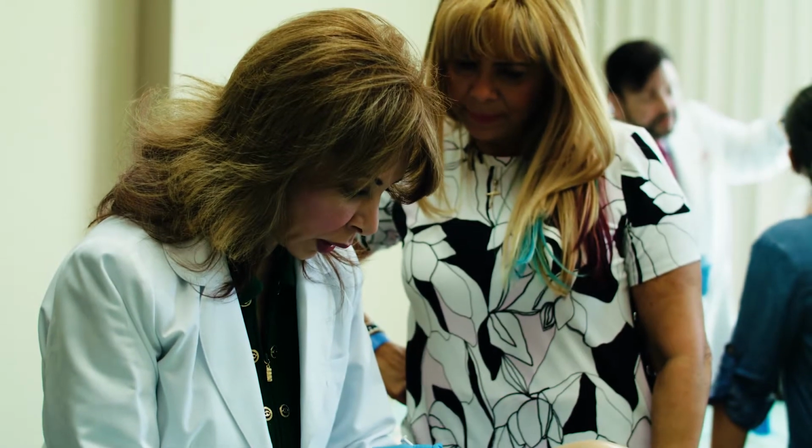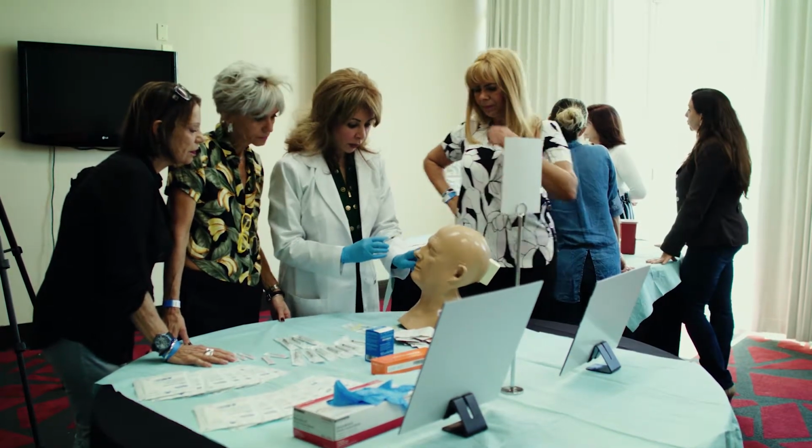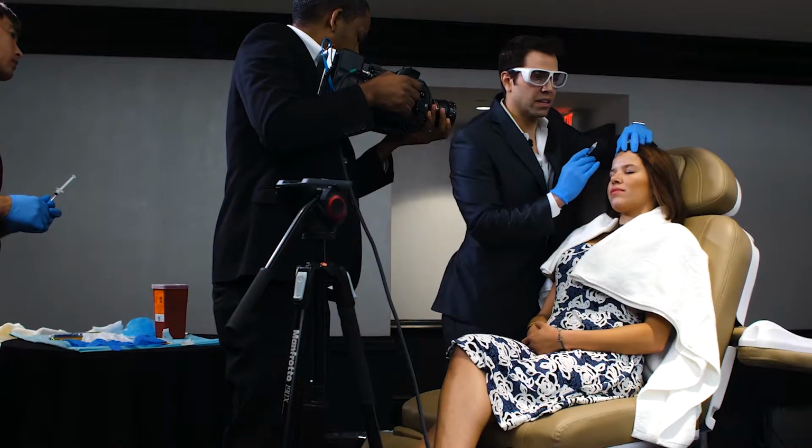The hands-on training with the doctor was amazing. It was a small group. It was myself and 3 other participants. We got to learn a lot with the instructor, was more hands-on, and that's what I need. I'm a very visual person, and I need to be with an instructor that's going to do the procedure right